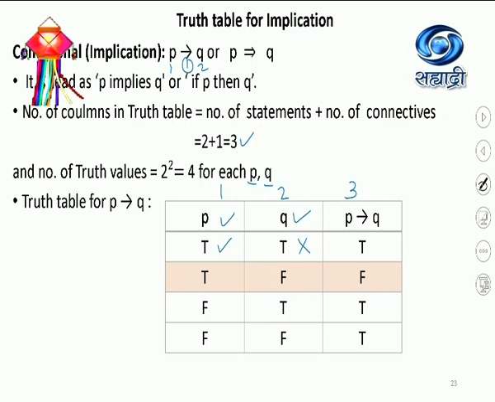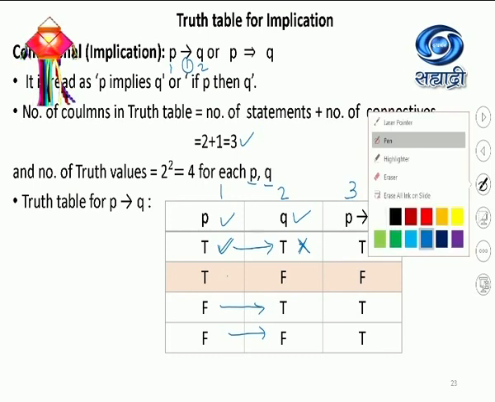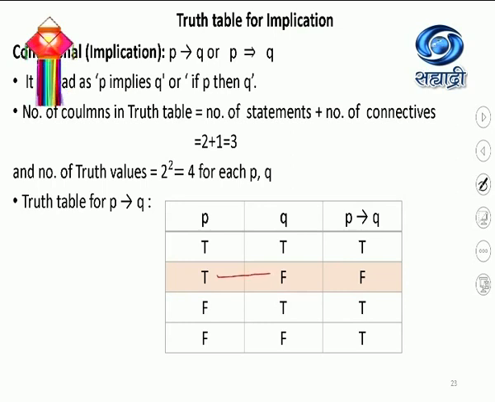Please note, you are going to use the fingers of your hand. One finger on the value of P, and in the same line the second finger on the value of Q, which I have denoted by the correct sign and wrong sign. Now if I put the implication symbol over here, T implies T is T. Now you can see all the other combinations are T except, I will use the red ink for this, only T implies F is F.